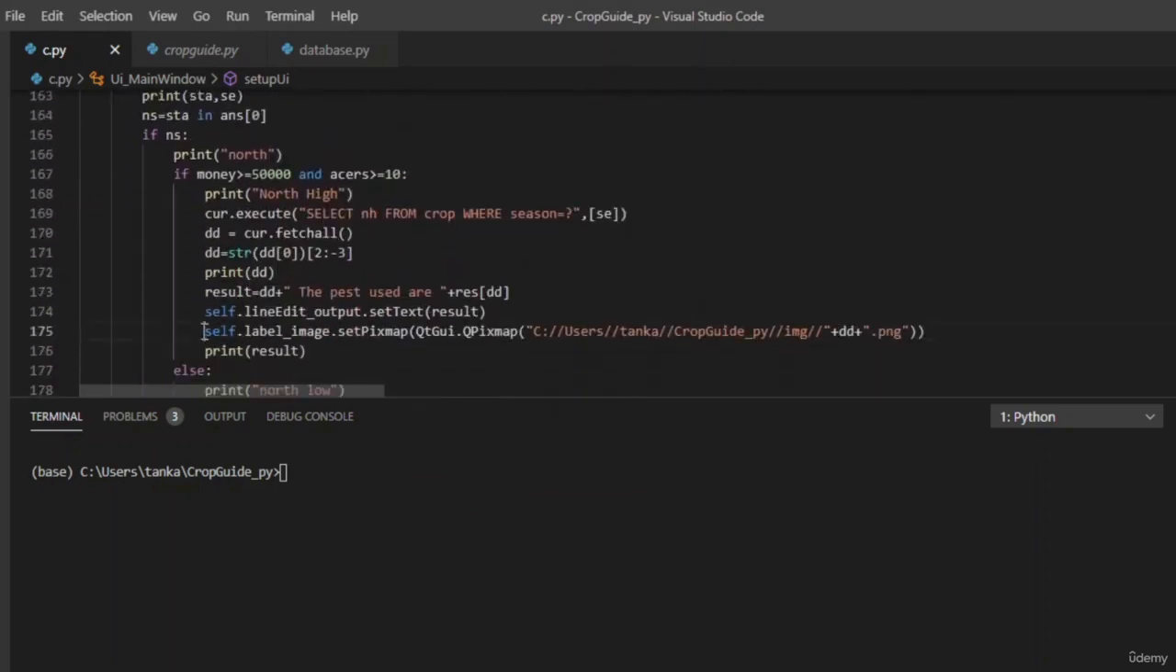Write the self.label image, as we have renamed the image label to label_image. Now the syntax setPixmap is used to set the image in the GUI. So QtGui.QPixmap, and now you should give the path of the folder image img, and as we have the crop name